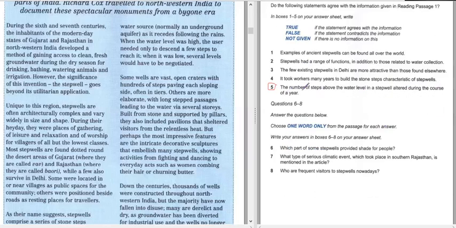Did you realize later on why you were wrong, or you are still confused why it is wrong? Yeah, sir, I'm actually confused. Okay, let's discuss why it's wrong or right. The number of steps above the water level in a step well altered during the course of a year. The number of steps above the water level in a step well altered. So basically, the steps,